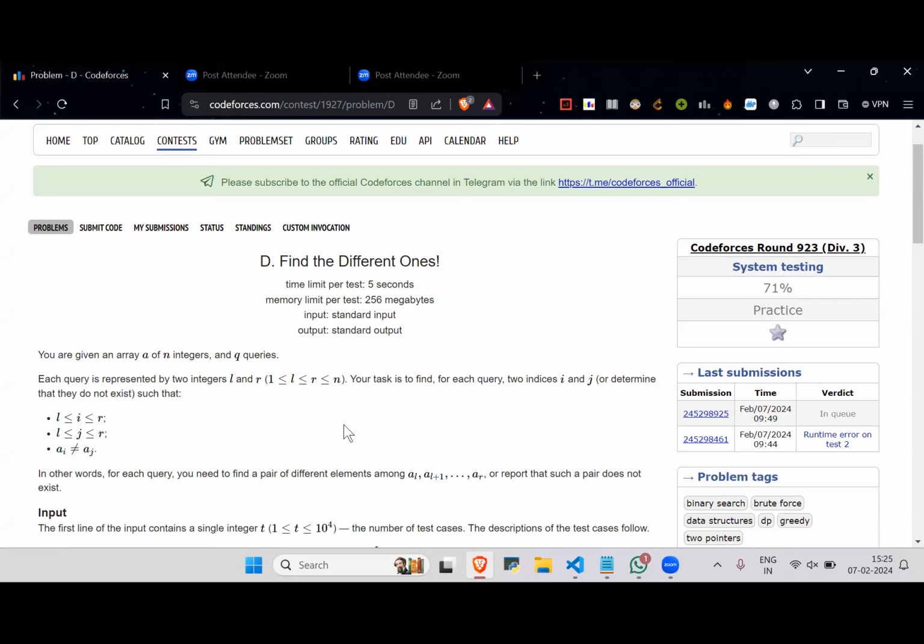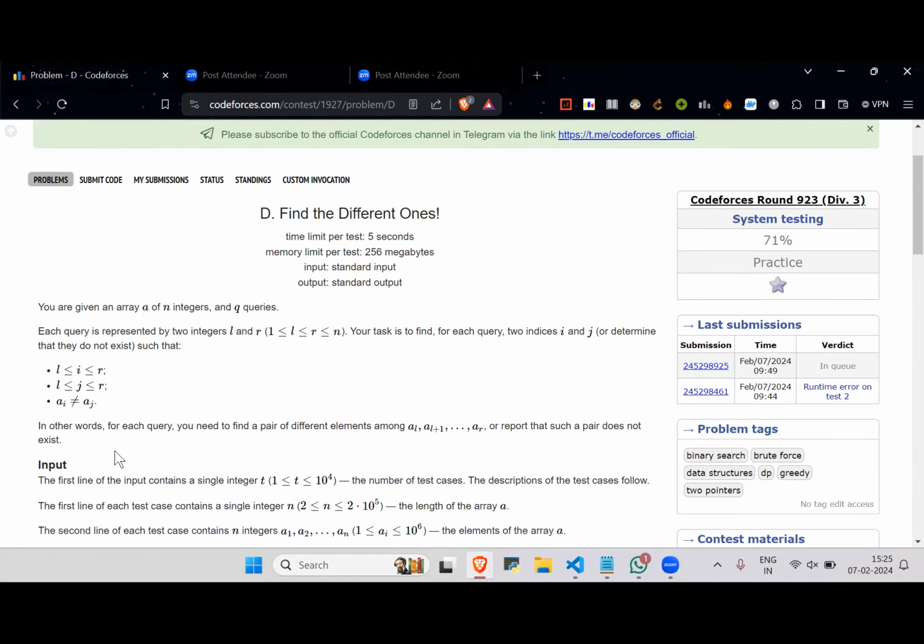is to find whether there exist two indices i and j such that both of them lie in the range L to R and A of i not equals to A of j. Basically, they'll give you